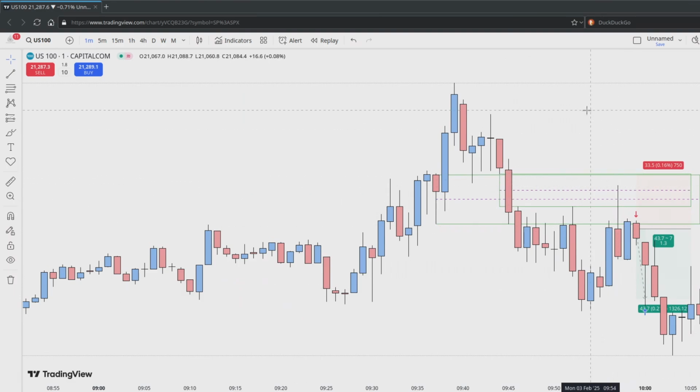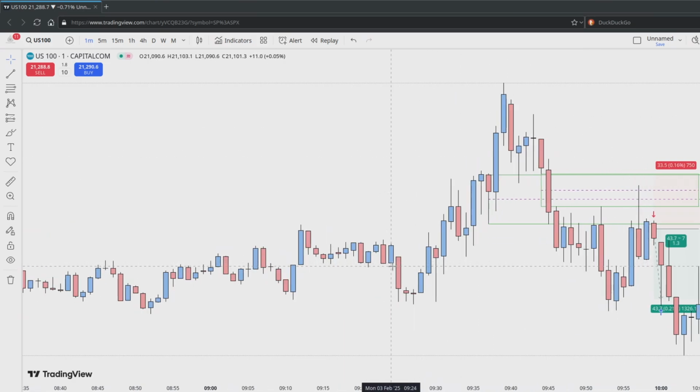This was just not clean enough for me to want to take that position on live funds. It's not worth risking the money on that when you can wait for a plus setup. By the way, this would be to me a class B setup. I would say a class B